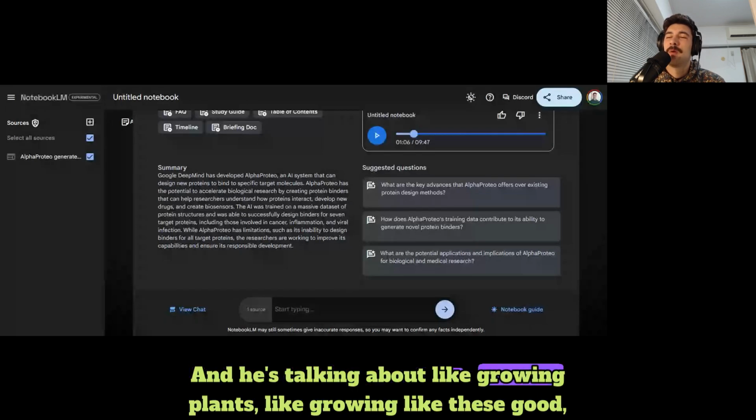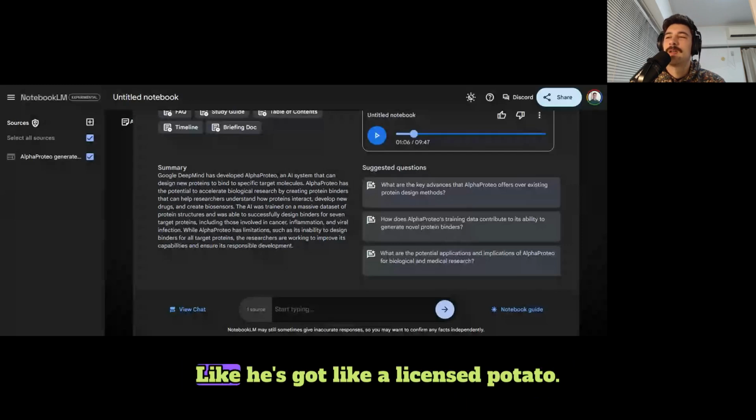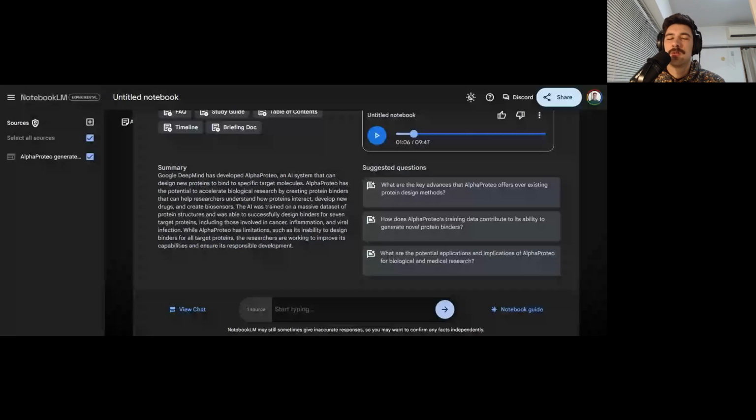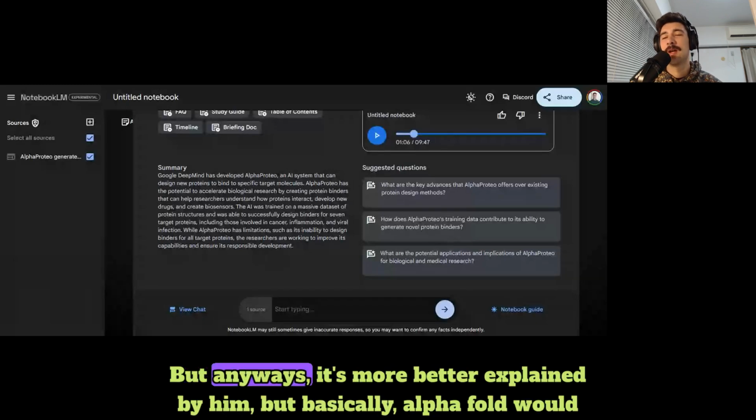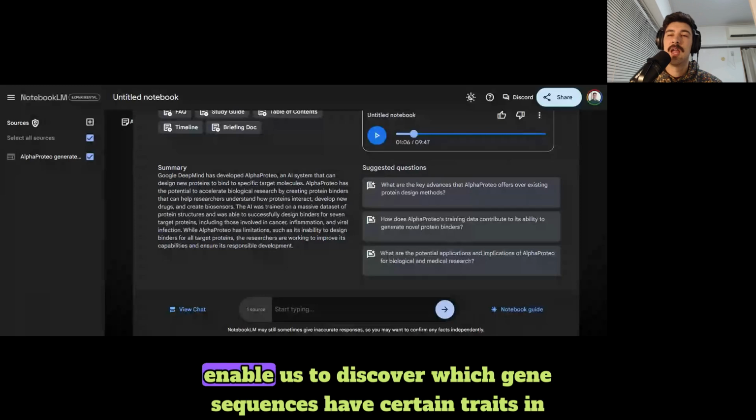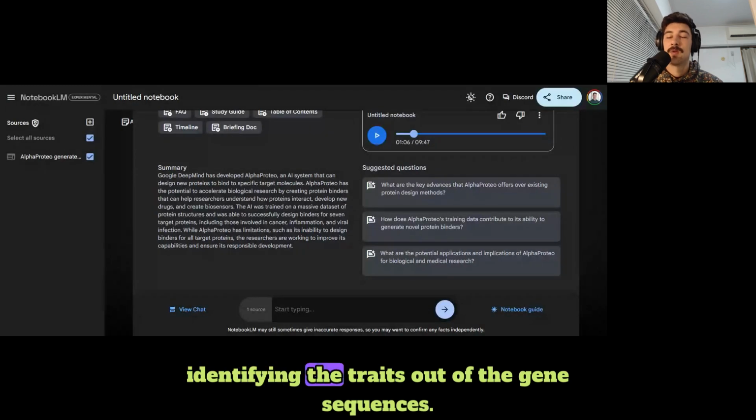And he's talking about growing plants, like growing these good potatoes or something like that. Like he's got a licensed potato seed or something. But anyways, it's better explained by him. But basically, AlphaFold would enable us to discover which gene sequences have certain traits, and identify the traits out of